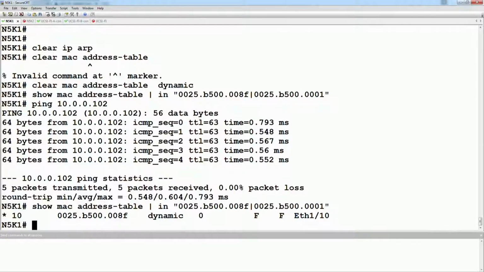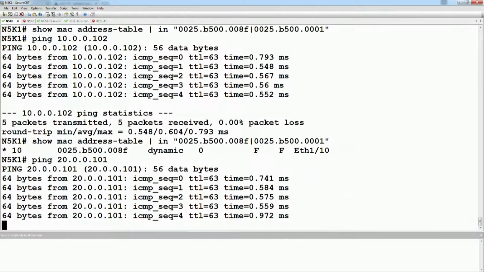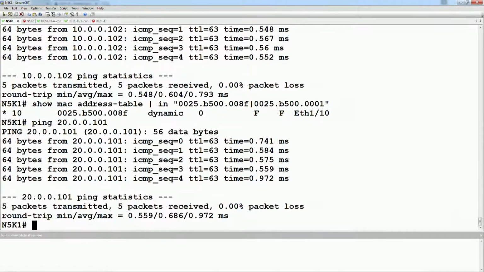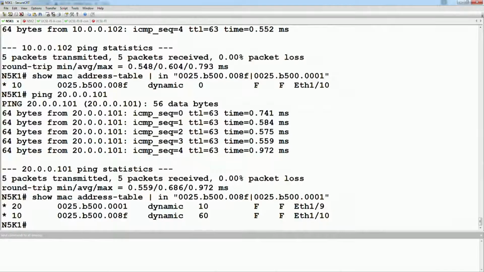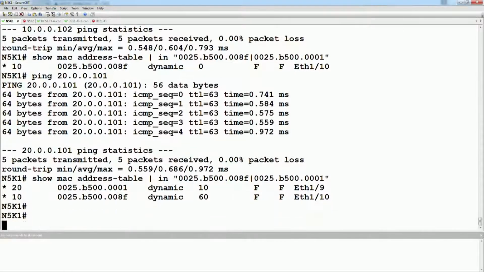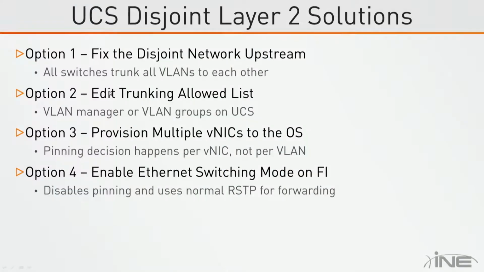Okay, then likewise should be the same when I ping to 20.0.0.101. We ARP for the destination. We're going to see the reply come in E19, and then we know where the destination is located. Okay, now from the CLI of the UCS, there's a second command in order to check what this decision is,